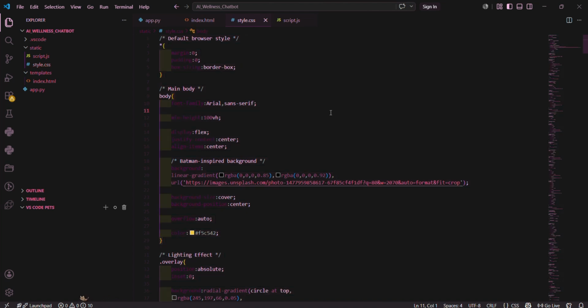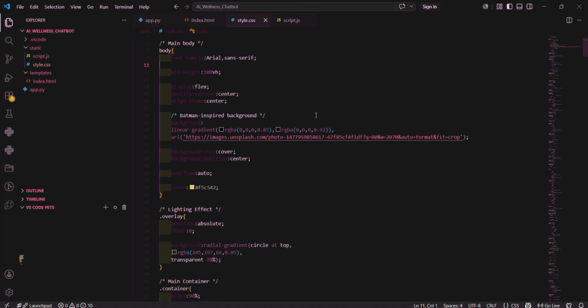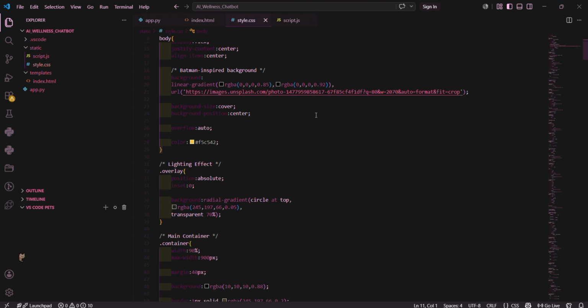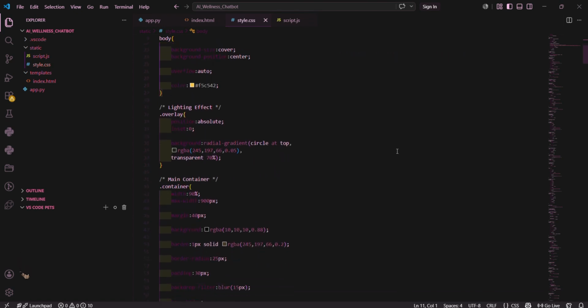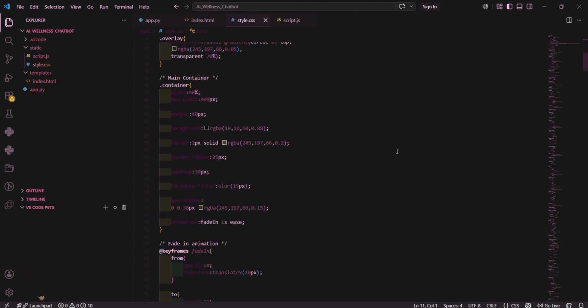So this is the CSS file. The file is responsible for the visual design and animation of the AI application. The overall goal of the styling was to create a cinematic and futuristic interface inspired by Gotham City aesthetics. I used a dark color palette with gold highlights, glowing shadows, and animated effects to make the application feel immersive and visually engaging. The body section sets up the main Batman inspired background image along with a dark overlay and